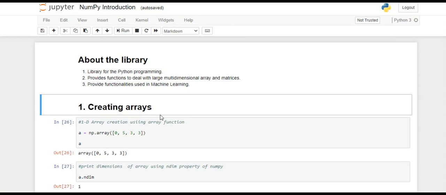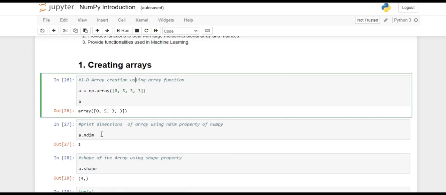At first we will deal with 1D arrays and in the later part we will deal with 2D arrays. So the first function to deal with the NumPy array in 1D is array. This function is used to create a 1D array or 2D array. This function receives a list of numbers. Sometimes when this is a list of lists, it will create a 2D array.